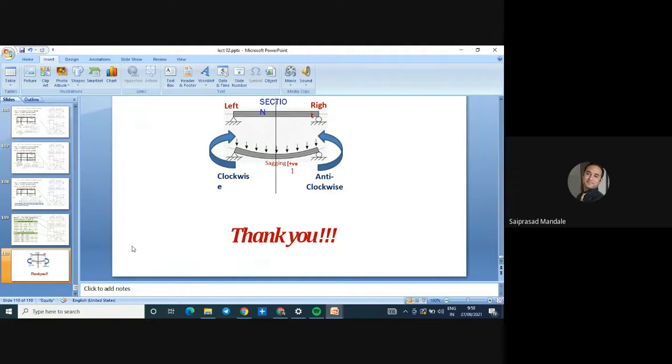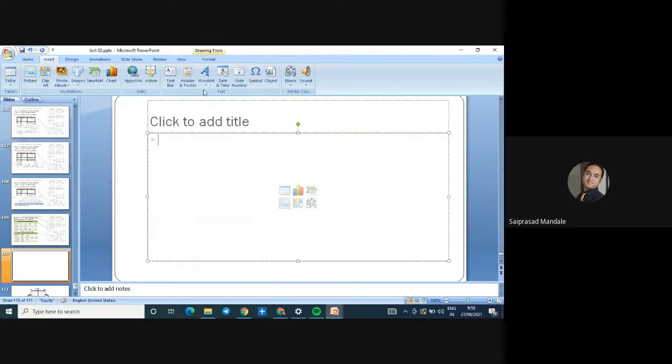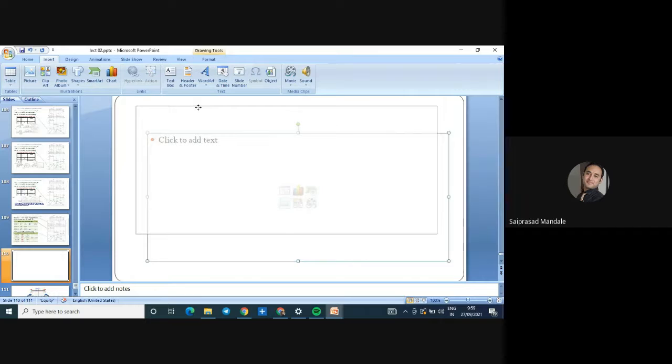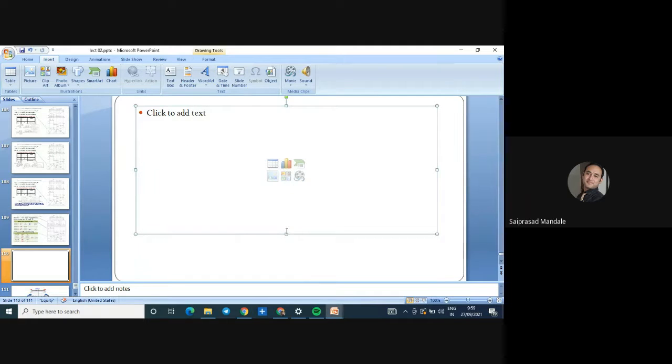Okay. Here we have finished our unit number 2. But I guess one point remains: the numerical based on the cantilever beam. We have not yet conducted a numerical on the cantilever beam. Let's have a simple numerical on the cantilever beam so that you will feel confident. So, directly conducting the numerical on the cantilever beam.